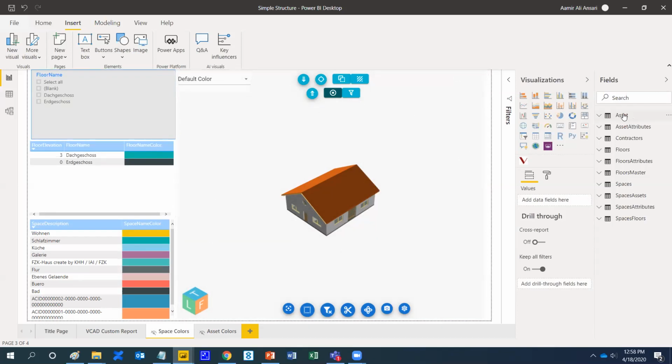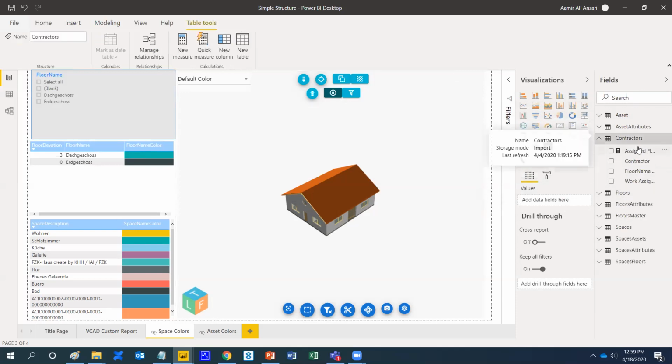Over here, you see that there are assets, floors and spaces. These are three specific areas from where this is grabbing information, and the other tables are related to additional information about floors, space, assets, attributes and asset attributes. So this is the basic information, asset, floor and spaces, and all other information is related to that. But the contractors table which you can see over here is actually a custom table which